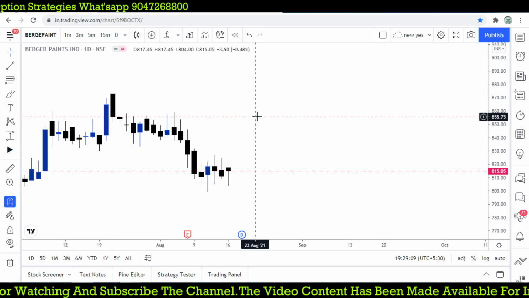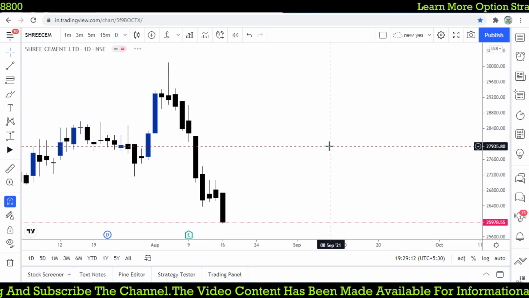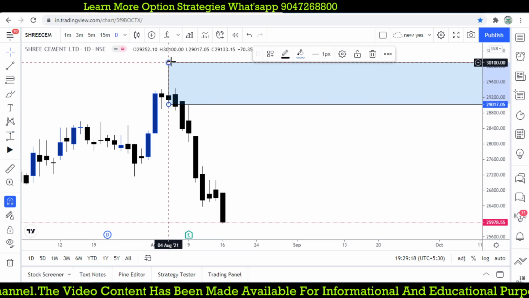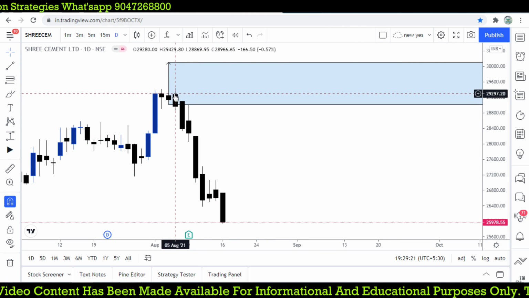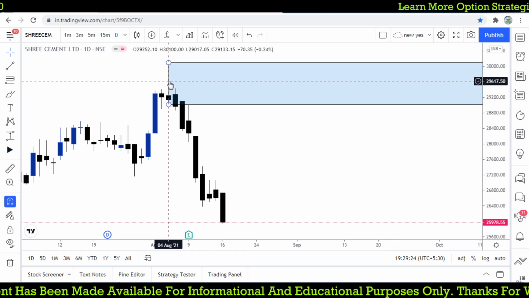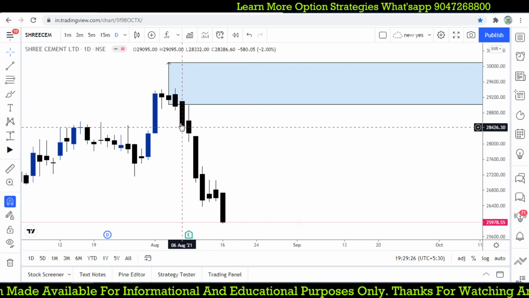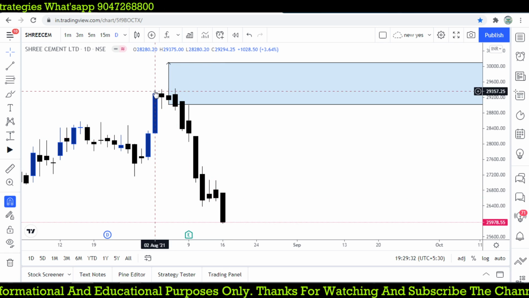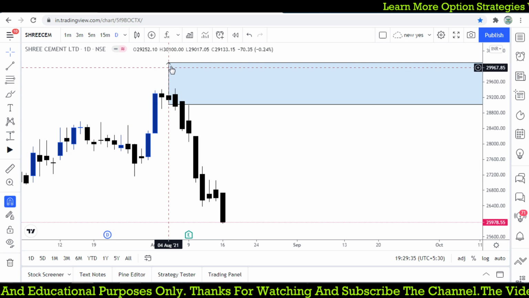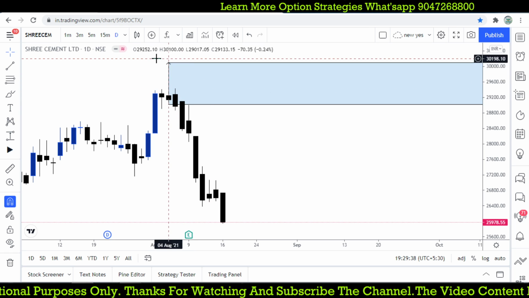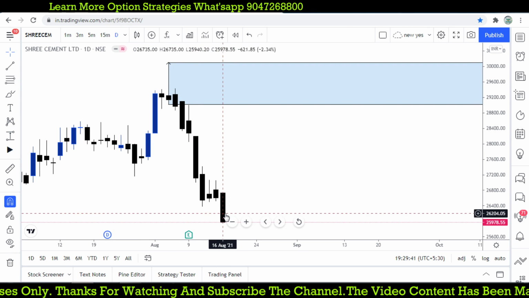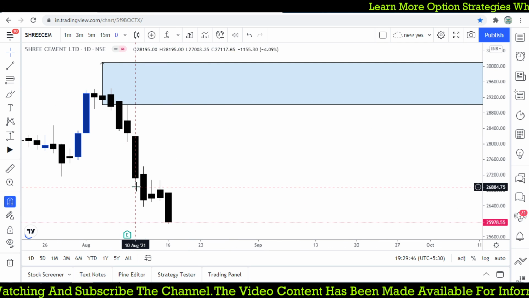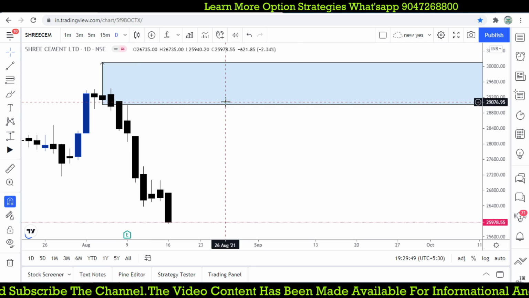Let's move. Let's check CSM. I think this was not trading with good volume, but that is also working great. Let's see from there, and now it is moving down. The risk for the trade is 29,000 to 30,000 rupees. From that, it comes to 26,000, almost 4,000 points, which is a drop within 10 to 12 days. So a consecutive drop from the top. Previously it moved towards the top, but at the top area the price was rejected and the market started falling. The trend changes at this point of time, so we can easily find out. It will give you such great trade ideas.